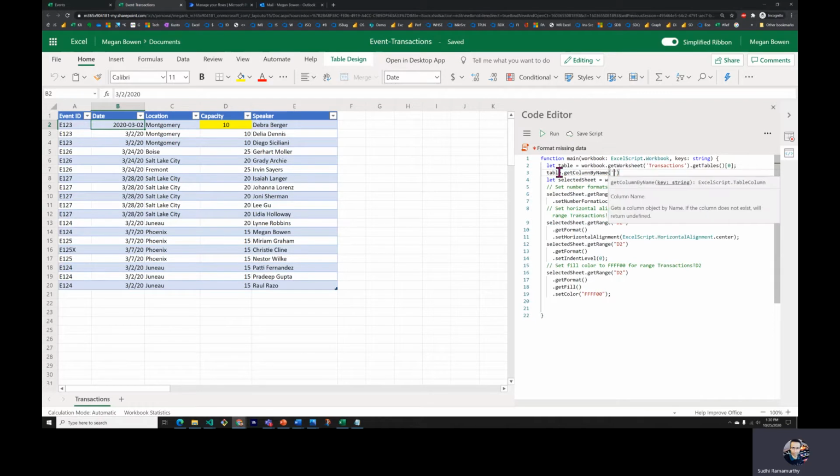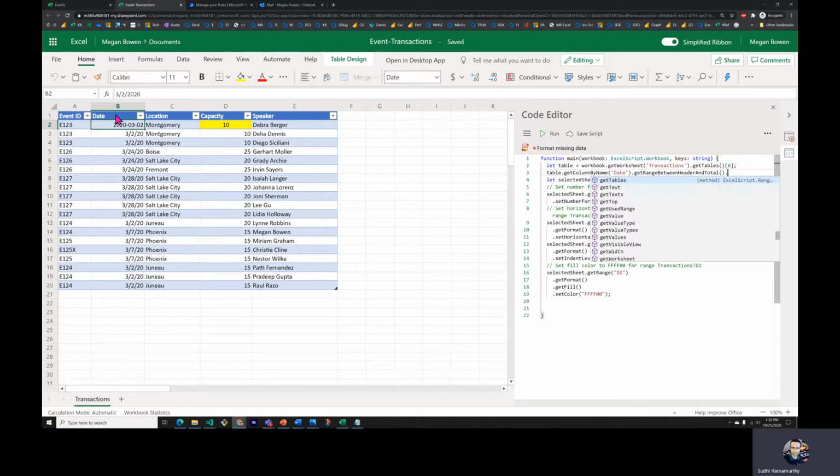I know that the date header column name is date. And then I'm going to use the same method that I used in the past, which is get the range between header and total, because I don't want the same formatting to be applied to the header. So for that range, I'm now going